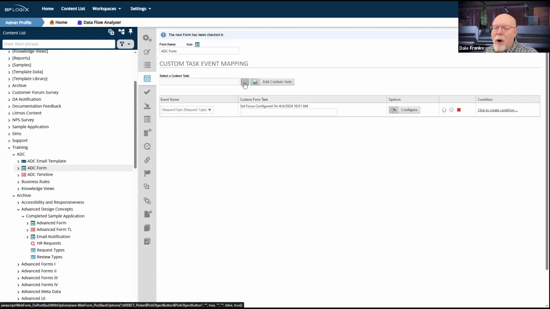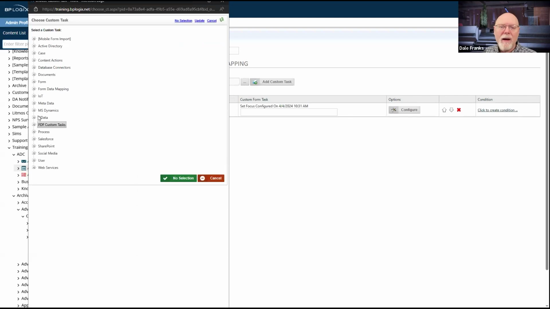Now, I'm only going to do one of them. I do have 3 event fields on my form. I've got my drop down for the request type. So technically, I should have a set focus for that to go from the request type to the narrative field on the form. Similarly, on this form, I'm going to need at least one more, which is the PTO day or PTO start field, so that when I fill out the PTO start field, when I hit tab, it should just take me straight to the PTO end field.